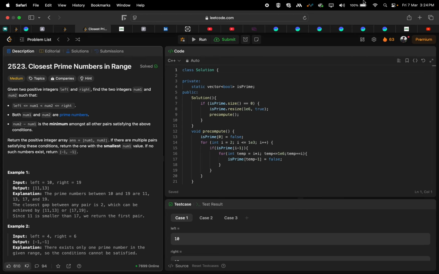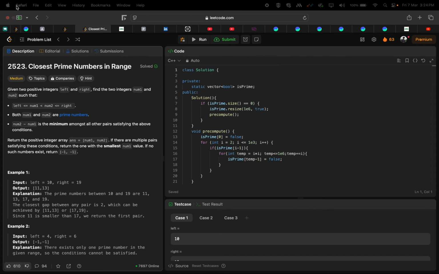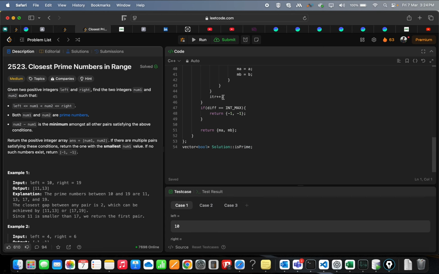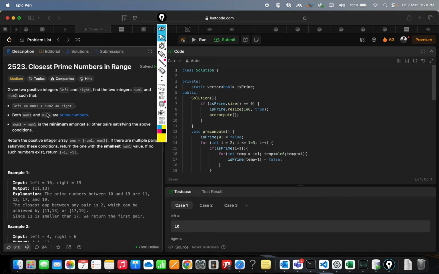So today is 7th March and we are gonna solve today's problem of the day. So let's begin with the problem. So let me first take my pen. So the problem is closest prime number in range. So actually I have solved this problem. So in this problem, what the problem is,